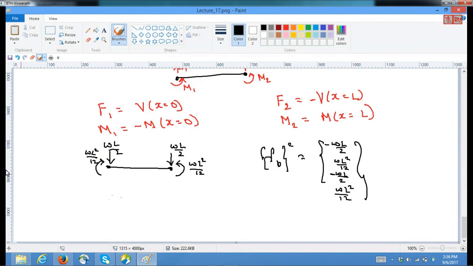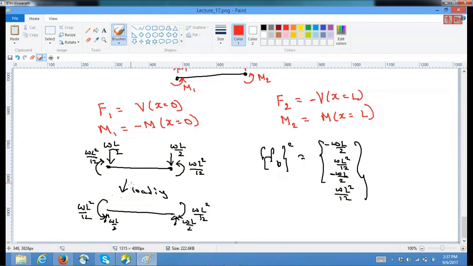Anyway, the reaction forces for this loading are nothing but WL by 2, WL by 2, and the directions are reversed, that is WL square by 12 and WL square by 12. If you look at these reaction forces,